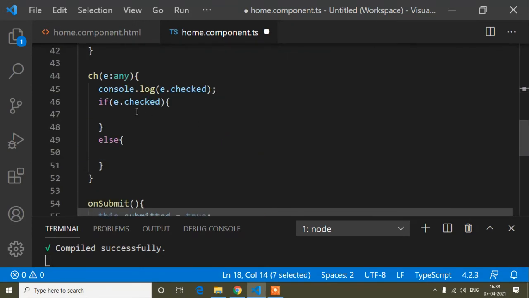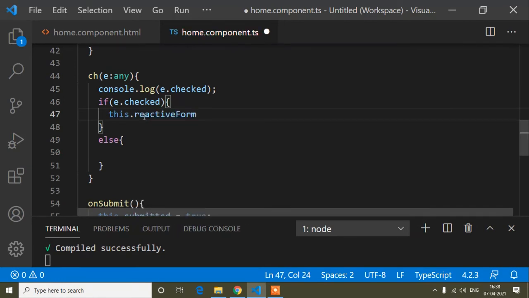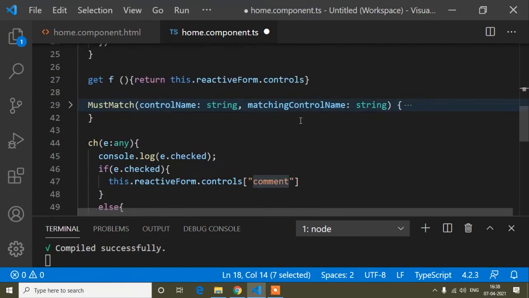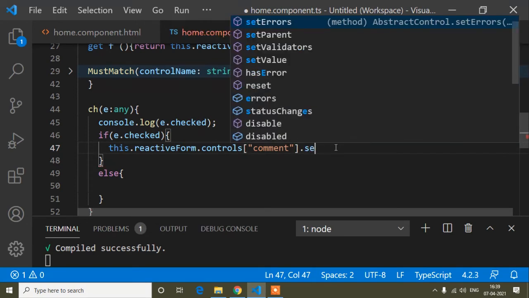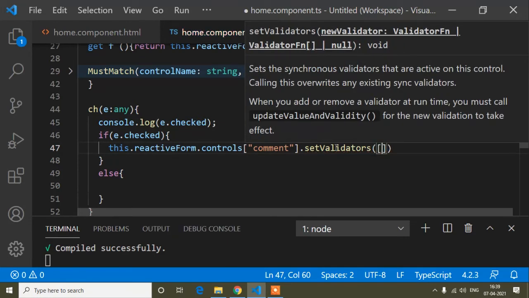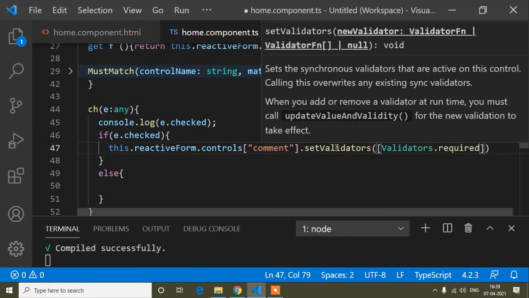So here I can write this.reactiveForm.controls of which field? Comment, I mean this comment field. So comment, dot setValidators, which is Validators.required.